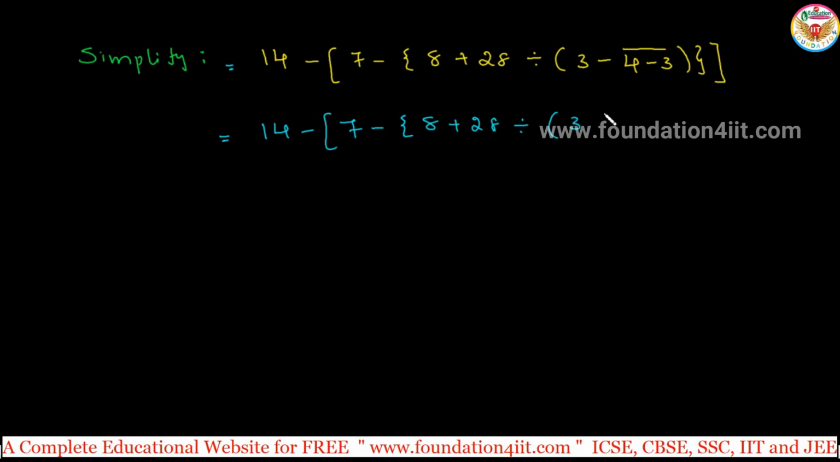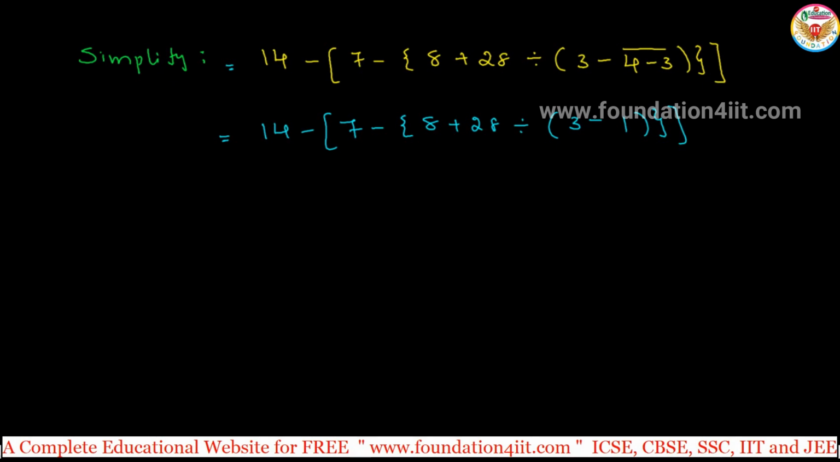So 3 minus. Now, here if you observe, this vinculum is only for 4 minus 3. Don't consider this as minus 4, because the vinculum is only on 4 and minus 3, right? So 4 minus 3 is equal to 1. Then remove the vinculum symbol. Next step,